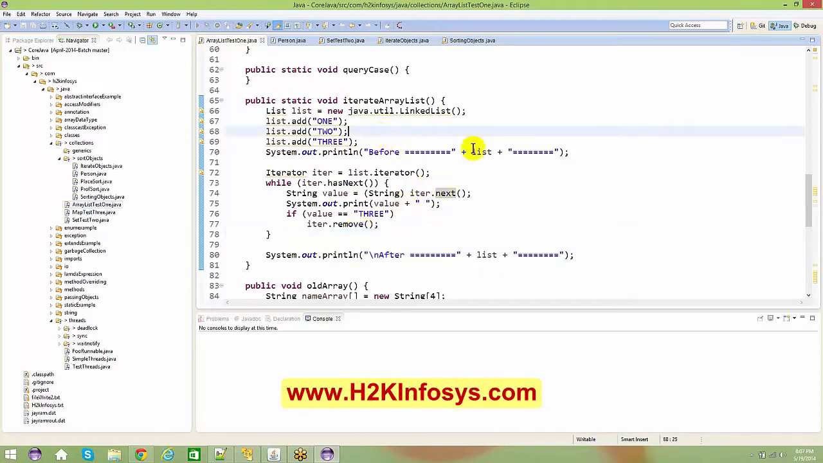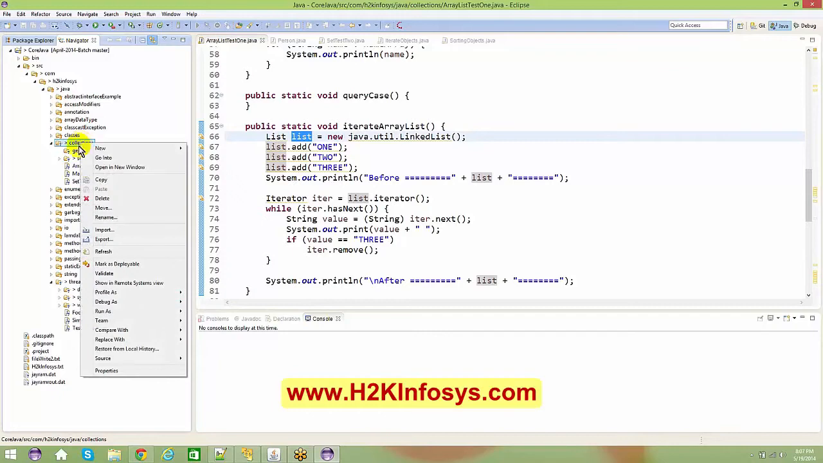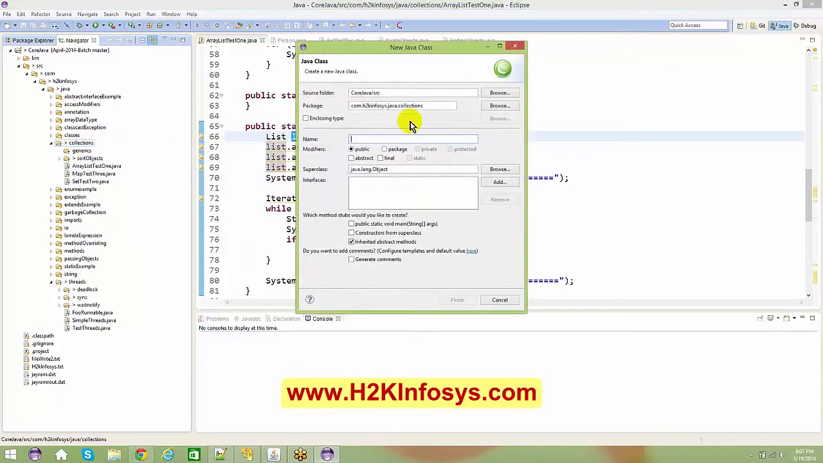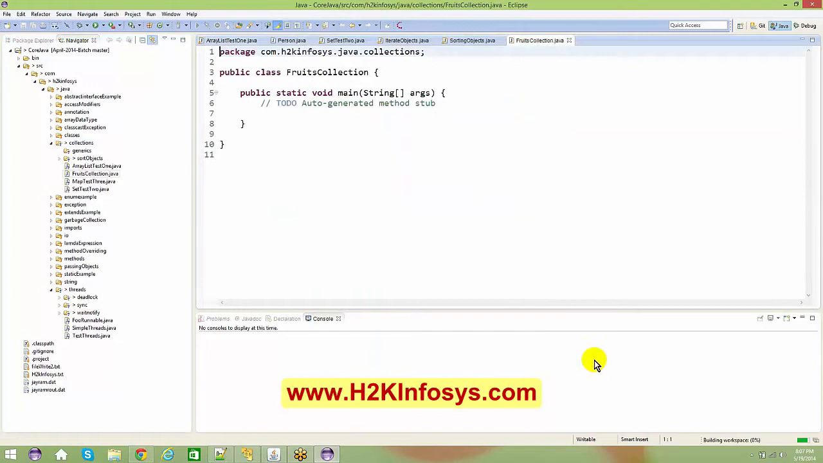Before getting into that, let us see when I talk about a list. Let me take up an example here. New class, I'll just say fruits collection. By the name itself you are saying that you are collecting a list of fruits. Why list equals new array list? Why not list equals new list, or list equals new